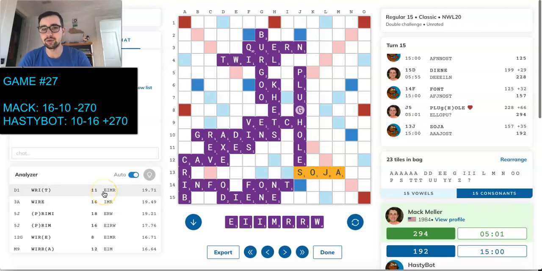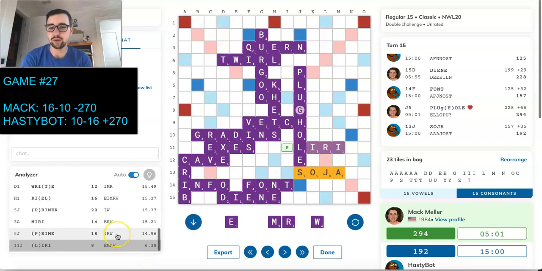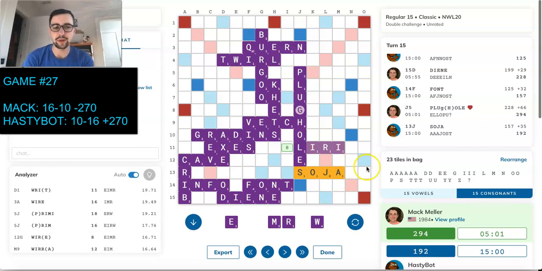So yeah, not at all surprised to see Leary not show up in the equity choices. I saw Rit. I mean, EIMR doesn't really do anything for me on this board, because there's nowhere for me to bingo without an S, pretty much. And I would much rather block this lane, because like I said, what's his best way to get back into the game? It's to bingo for a lot of points once. It's going to be a lot easier for him than bingoing twice,